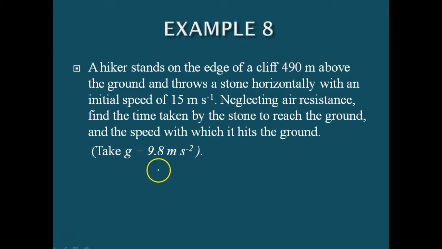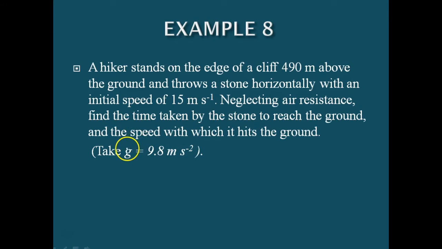So the next problem is a hiker stands on the edge of a cliff 490 meters above the ground and throws a stone horizontally with an initial speed of 15 meters per second. Neglecting air resistance, find the time taken by the stone to reach the ground and the speed with which it hits the ground. So we choose the origin of the x and y axis at the edge of the cliff